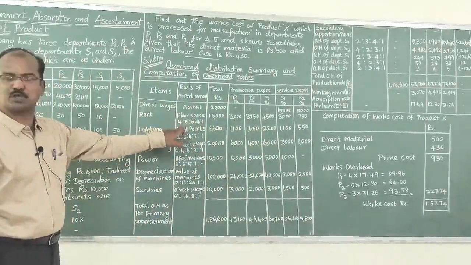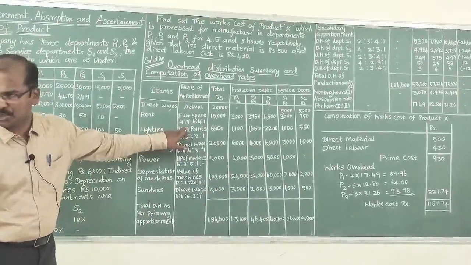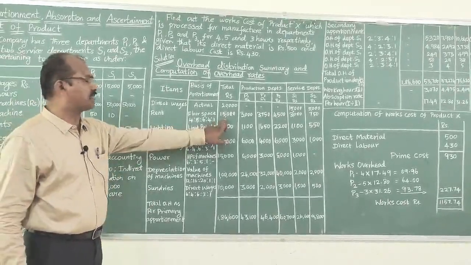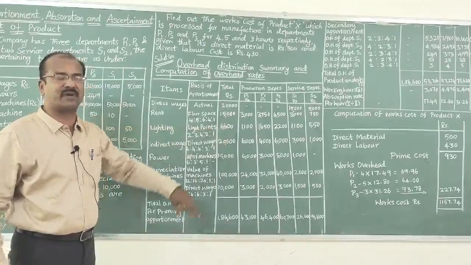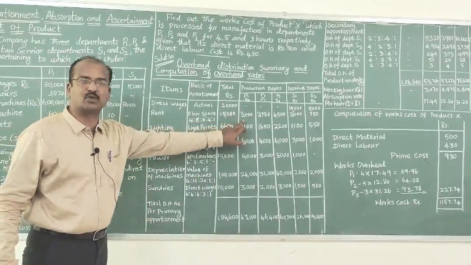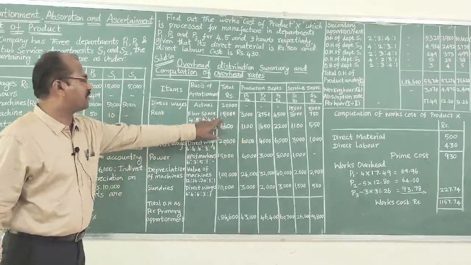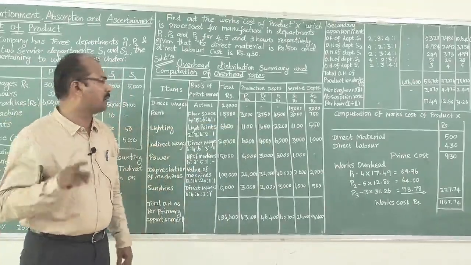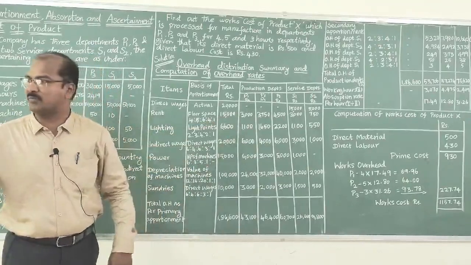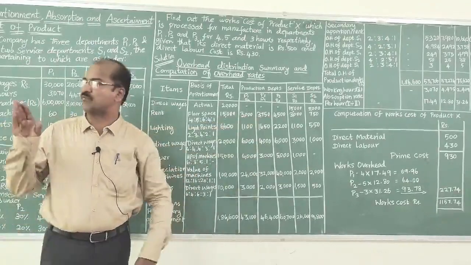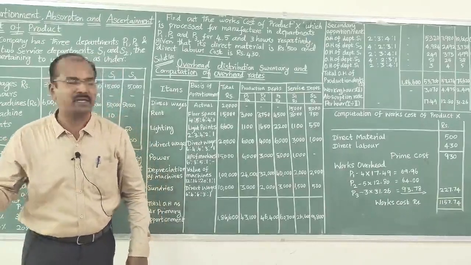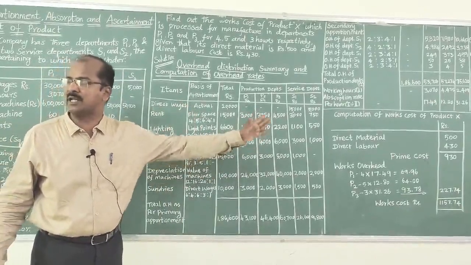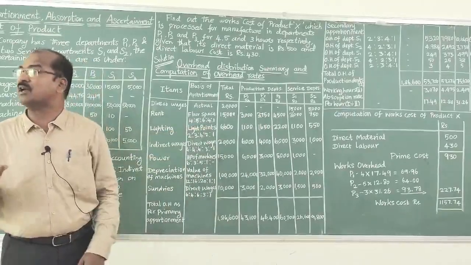Now let's have a look at the solution. Rent, floor space. See, the simplified ratio is given here. Now what is the total of all these numbers? 20. Now 15,000 is the total amount of rent. 15,000 divided by 20 into 4, you get 3,000 rupees for P1 department. Then 15,000 divided by 20 into 5, you get 3,750 for P2 department. 15,000 divided by 20 into 6, you get 4,500 for P3 department. And similarly, you can calculate the apportionment of rent for S1 and S2 departments, which carry the weights of 4